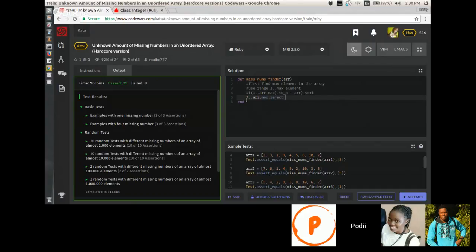One array you must have. Then I have to convert also this to array.